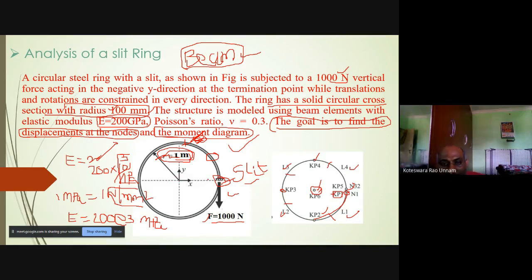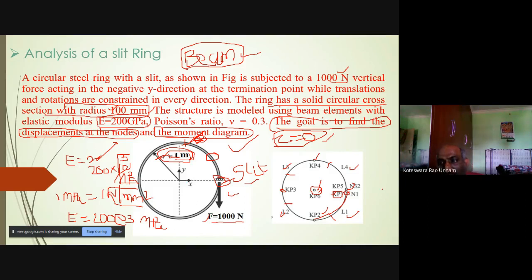To create key points, we require XYZ data: what is the X coordinate, what is the Y coordinate, and what is the Z coordinate. Since our problem is a plane problem, for everything we'll take Z as 0. We don't bother about the Z dimension because it is in the XY plane only. Here you can see the coordinate system shows only X and Y, and nothing about Z. So default Z is 0, I have to ignore the Z value, and only take X and Y coordinates.